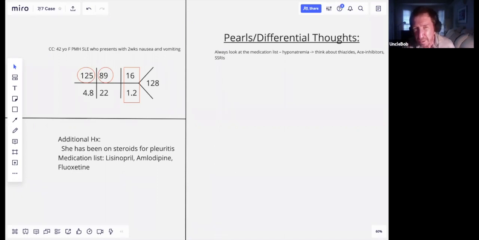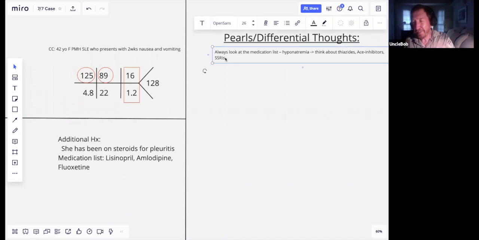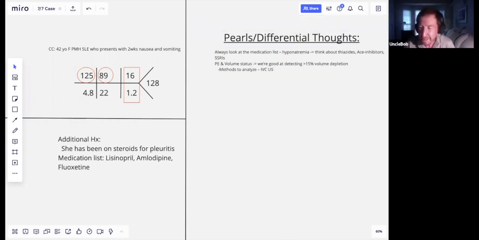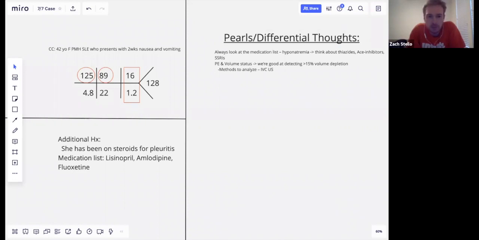Are there other questions we want to ask her? We have 2 weeks of nausea and vomiting, but that's very non-specific. So Zach, this patient's admitted to you, and that's all the resident tells you when you go down and talk to them. What questions do you want to ask about the nausea and vomiting? I mean, it's been going on for 2 weeks. Maybe if it's associated with anything particular, like any particular foods. Or,